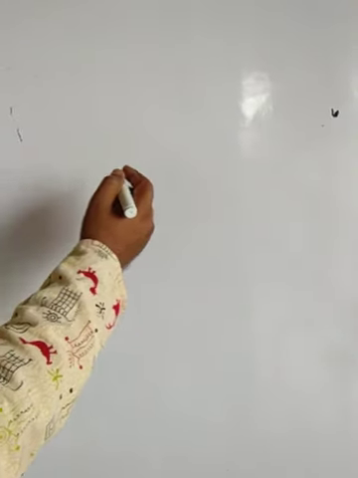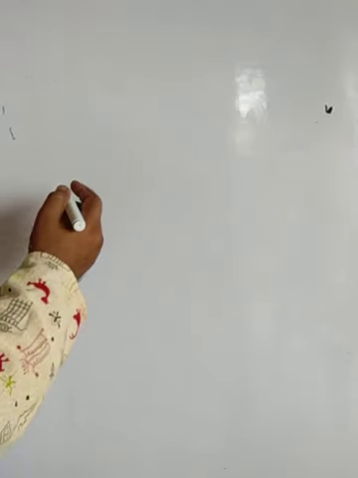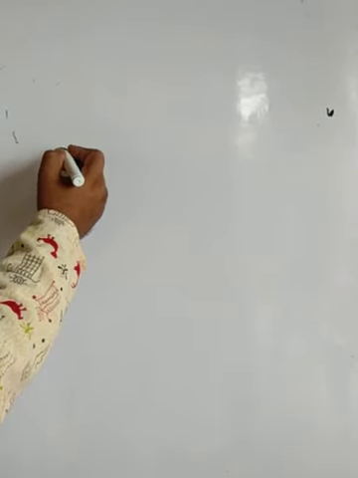Hello, dear students. As you know, we have completed chapter 1, the number system, and the next chapter is polynomials. Today we are going to start a new chapter. Before starting this new chapter, I would like to ask some questions. Kindly tell me the objects under the categories written on the board.